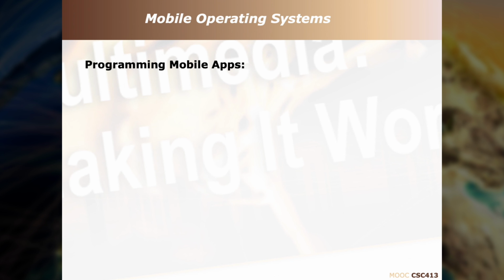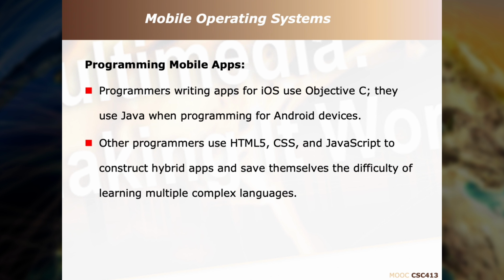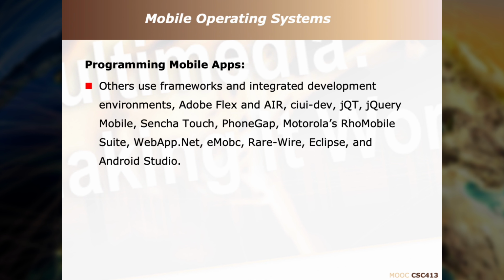Programming mobile apps. Programmers writing apps for iOS use Objective-C. They use Java when programming for Android devices. Other programmers use HTML5, CSS, and JavaScript to construct hybrid apps and save themselves the difficulty of learning multiple complex languages. Others use frameworks and integrated development environments, Adobe Flex and AIR, QuickDev,